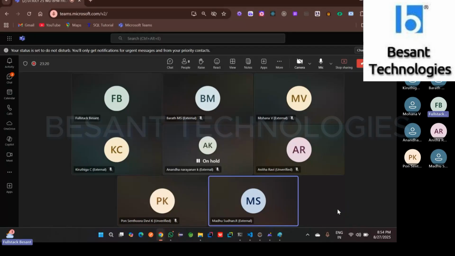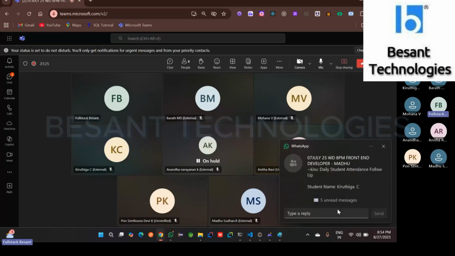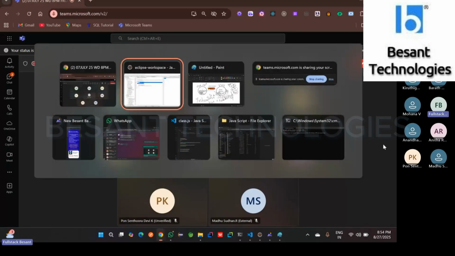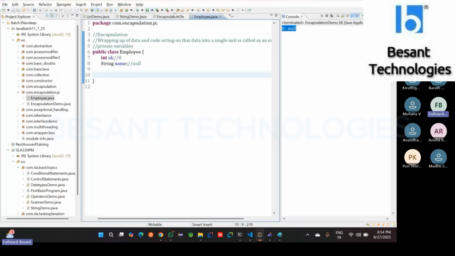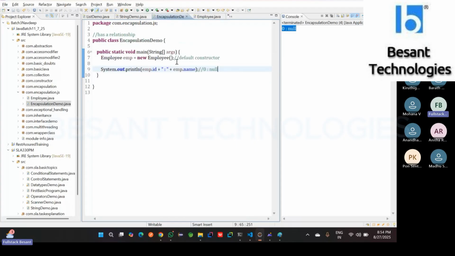Clear? So we have the constructor in JavaScript as well to assign the values to the instance variables. And here in Java, it is the same concept. When you create an object, the invisible default constructor will be triggered. So it is not required to write it. In case you are going to overload this constructor by giving values,